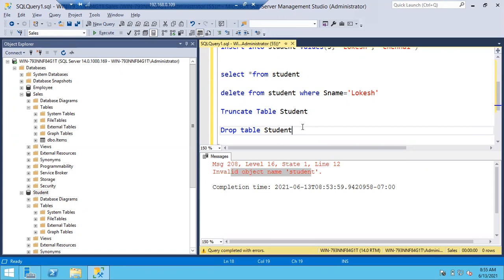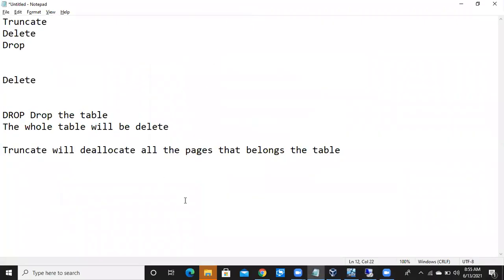VLFs which are holding the current transactions are called active VLF, and those which are not holding transactions are called inactive VLF. If that VLF is empty, nothing is holding, then it is an inactive VLF. If you go inside the VLF, you will have log blocks. If you go inside the log blocks, you will have log records. One transaction is called one log record: insert into table name, delete from table name, everything.